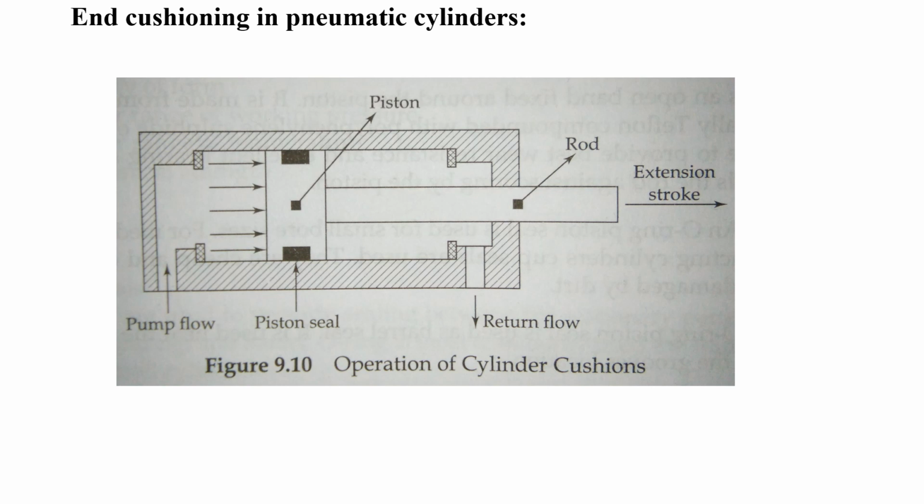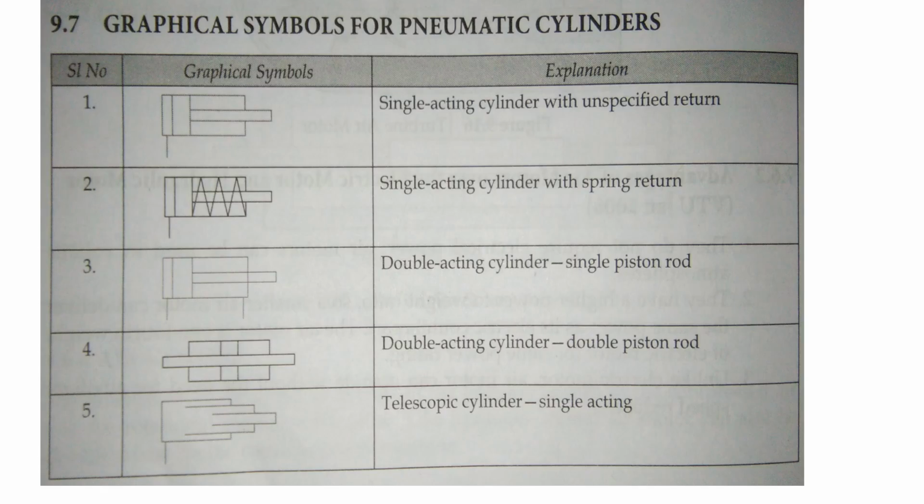These seals are normally used at the cap end and the rod end, nothing but both ends of the piston. When you reach the end position in a forward stroke, near the cap end there is a seal for the forward stroke, and for the retract stroke, near the rod end, they use the seals. Next we'll have the graphical symbols for pneumatic cylinders,